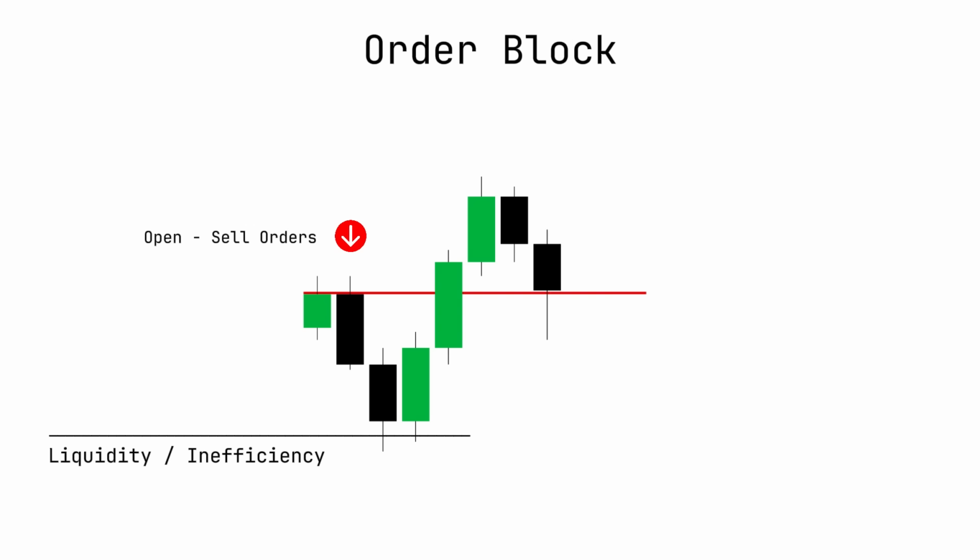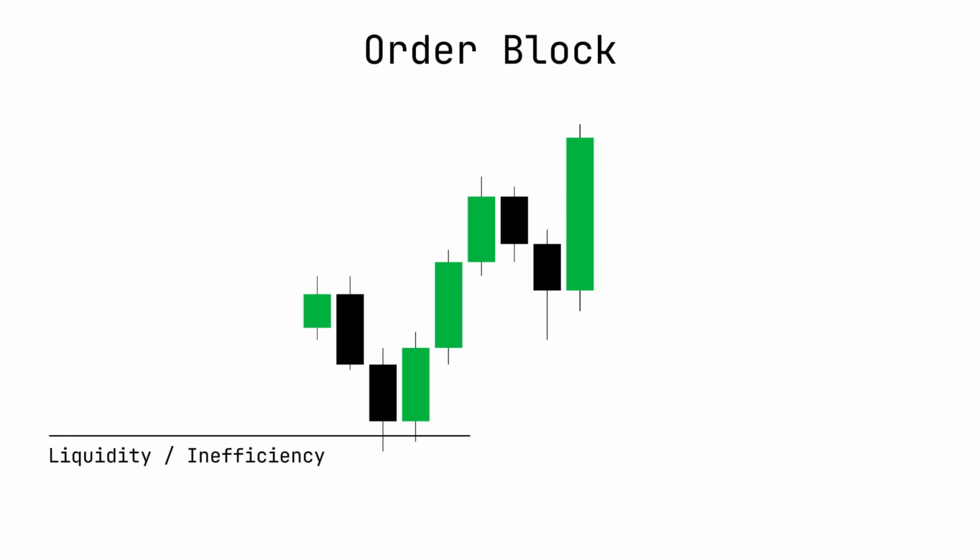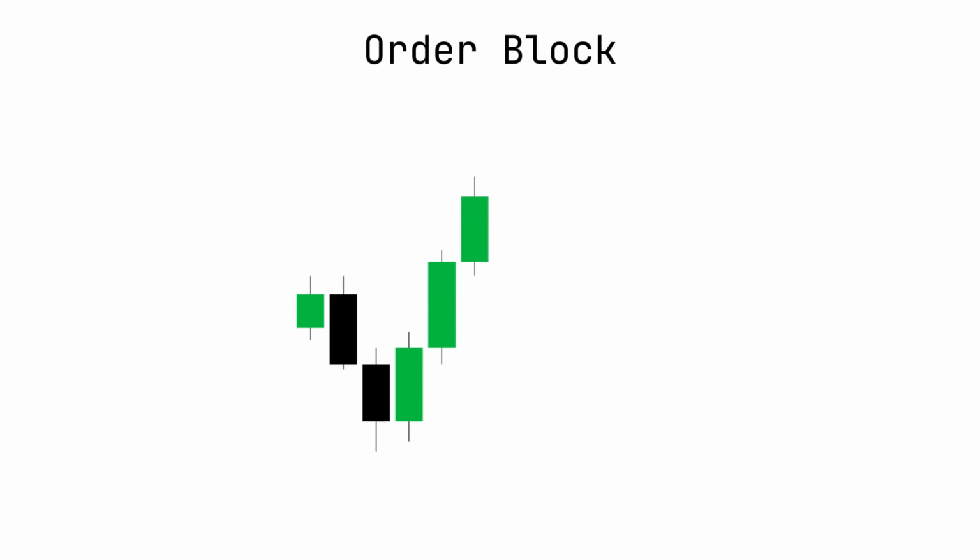When the price tests roughly the first half of the order block, short positions are closed through buy orders, creating buy volume that pushes the price up. This can also happen at the moment of breaking the resistance or support level, provoking an even larger impulse. The second reason an order block might react is the same unfilled orders after testing and the surge of liquidity into the market. The third reason is quite interesting